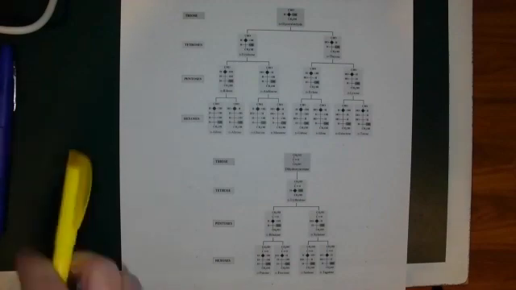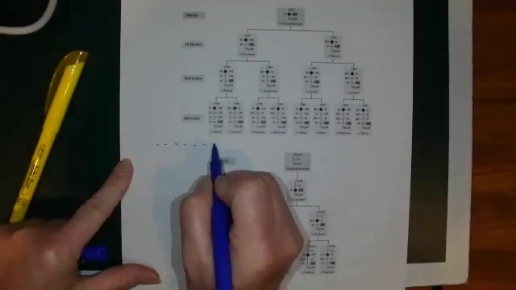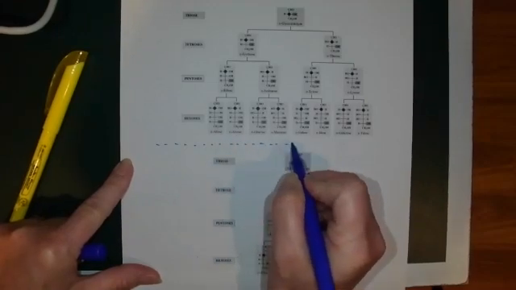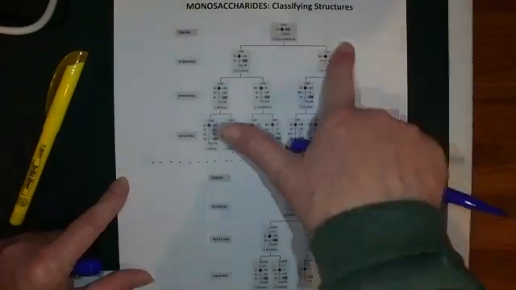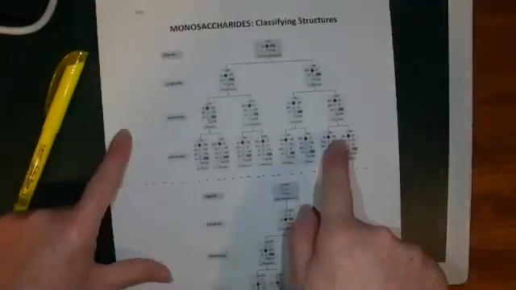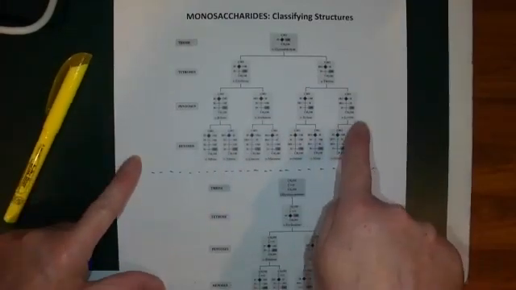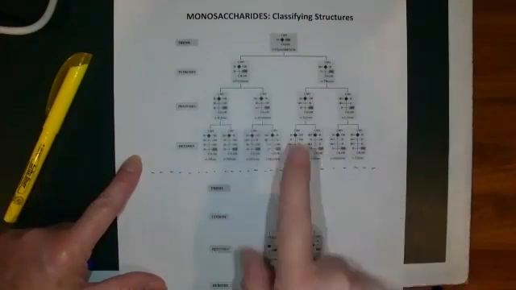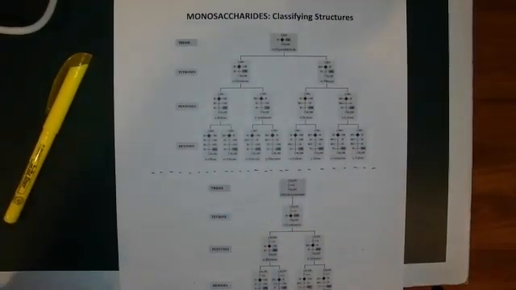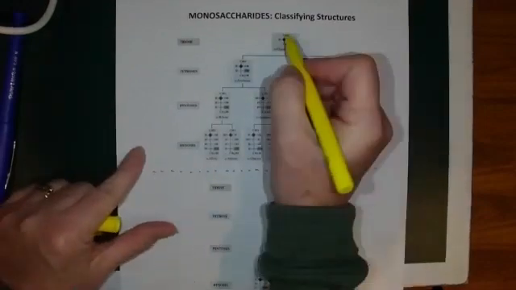If you look, I'm going to draw a dashed line right in the middle of this page. If you look on the top half of that dashed line, all of these structures, and notice that they've been grouped together already, kind of connected almost like a family tree, they all have one thing in common that's different from the structures on the bottom. And I'm going to highlight for you what that one thing in common is.